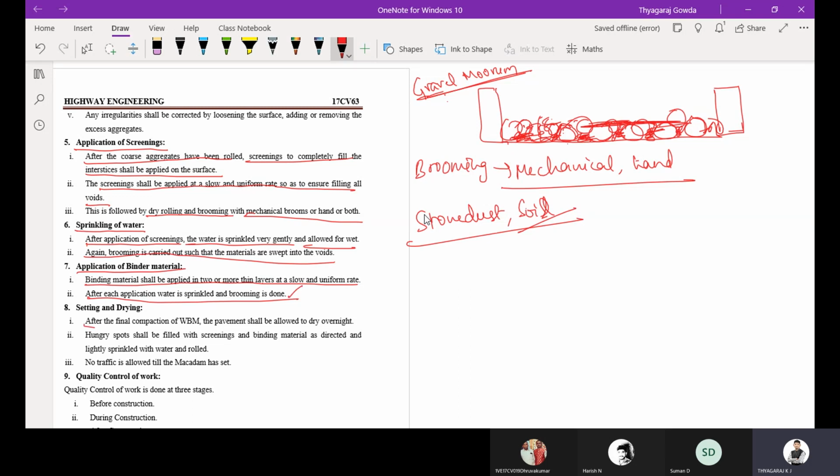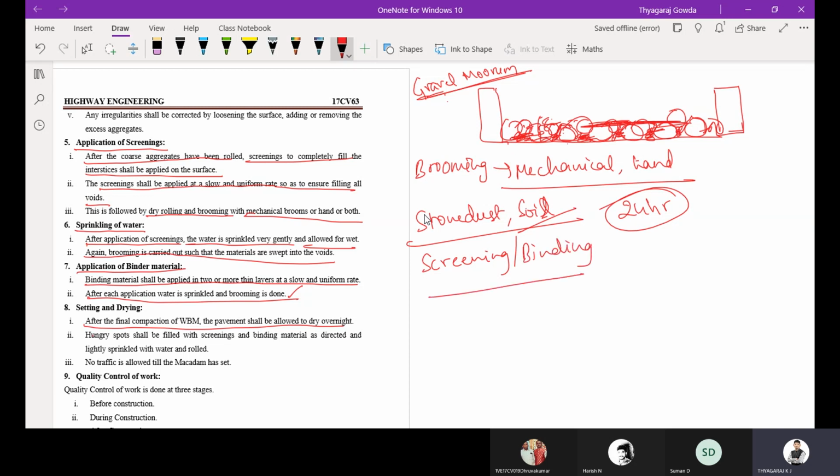Then setting and drying. After final compaction, it shall be allowed to set overnight. For 24 hours you are not supposed to allow vehicles to use the WBM layer. Why? Because we have added screening material and binding material, and both materials are going to set.